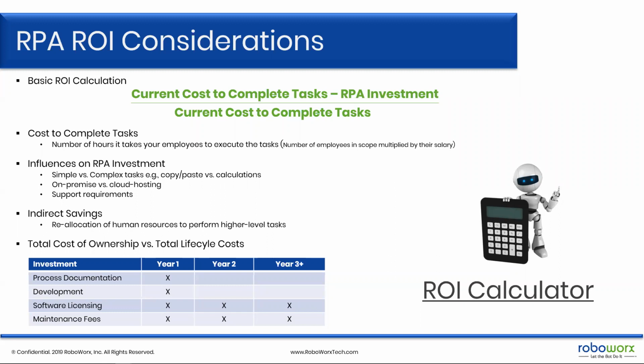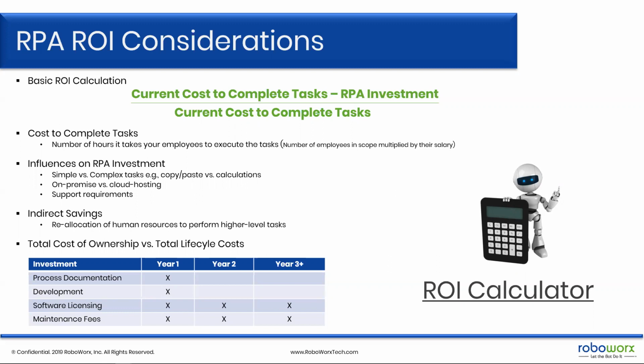If the robot is performing a complex accounts payable process and it's been given instructions to look at the PO and compare it to the invoice, upload the general ledger in SAP, for example, and have some if-then scenarios. If it doesn't match, send an exceptions report to the accounts payable manager, et cetera. That's where it starts to get what we call complex. And that's just going to take longer to map out the process and to build the instructions for the robot. So it would cost a little bit more.